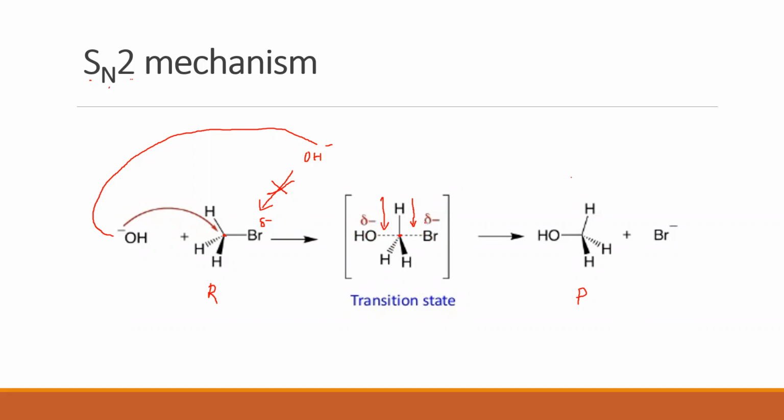If I close this Br, this structure resembles whom? Yes, it resembles the product, which means a transition state is a state which is neither the reactant fully nor the product fully, but has characteristics of both reactant and product. Got that? So now we have understood two things about the transition state. The first thing is, in a transition state, the carbon nucleophile bond is not completely formed and the carbon halogen bond is not completely broken.